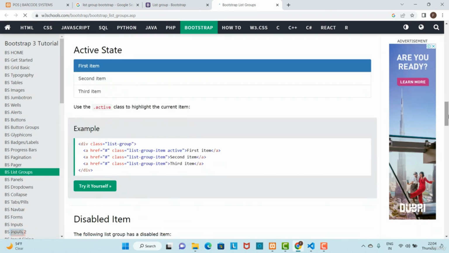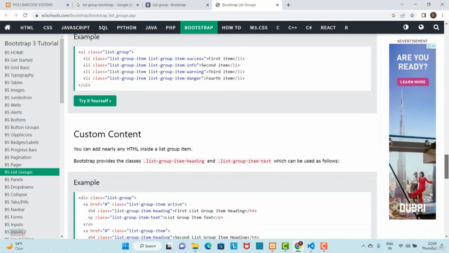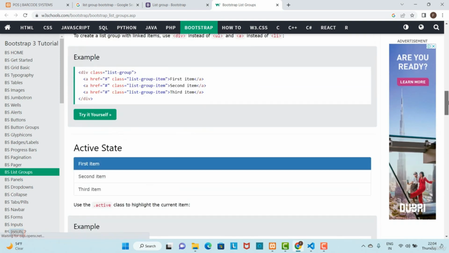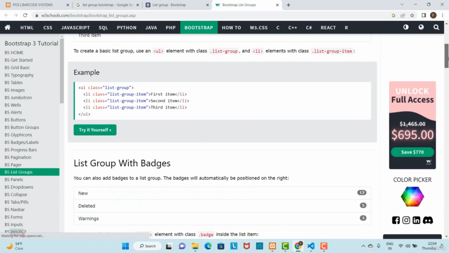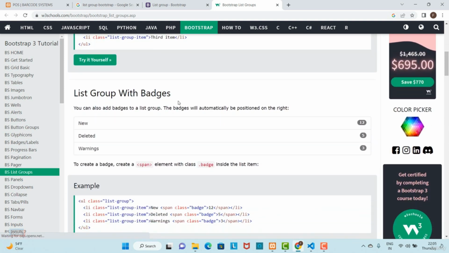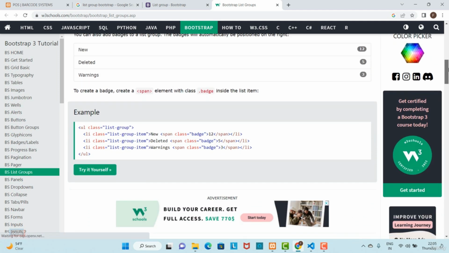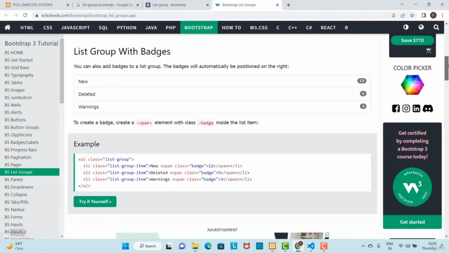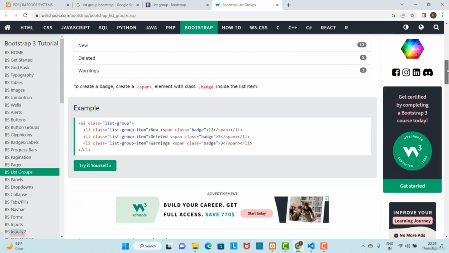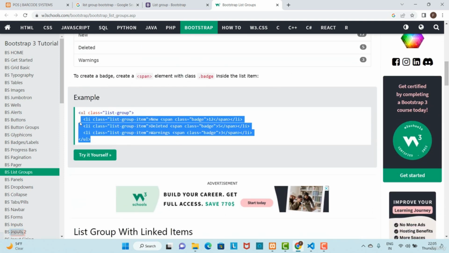You can see here the format. Okay, perfect. You can see a list group with badges, so we need it. Okay, for badges, so I will copy this code. Let me copy,